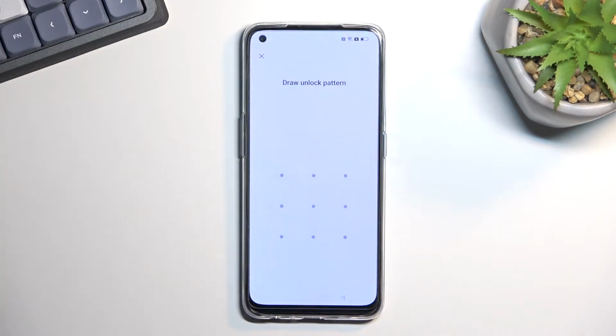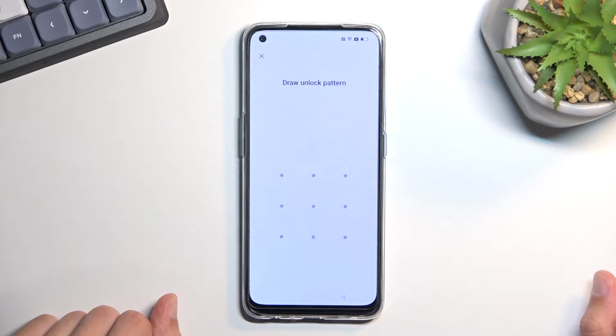So, for this, we have a little bit of a different method of bypassing the Google verification. Now this time around, we won't need a SIM card. All we need to do is connect to some kind of network. I have already done so, and I'm already a little bit further throughout the setup process just so I can